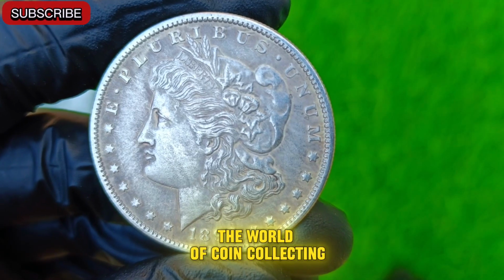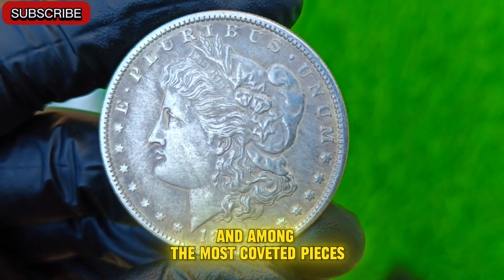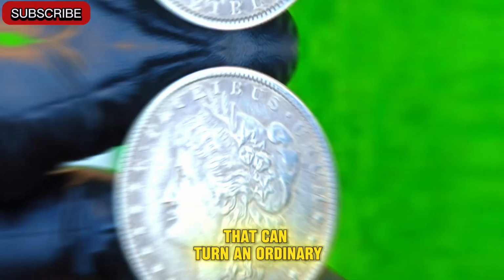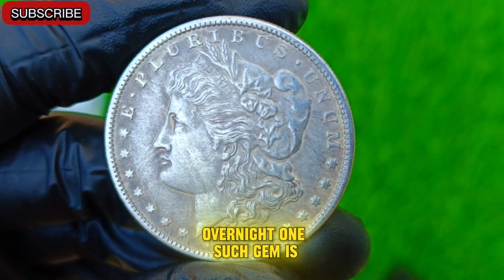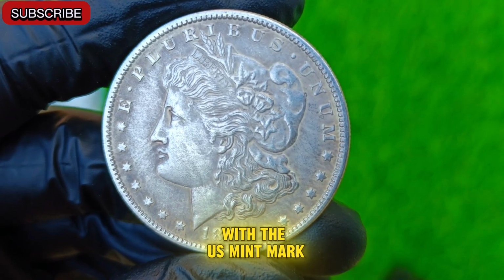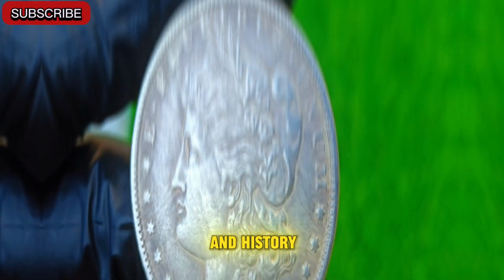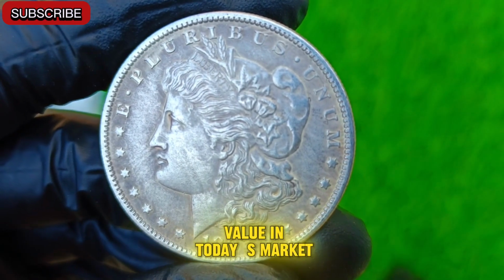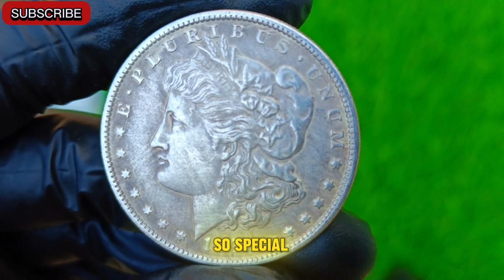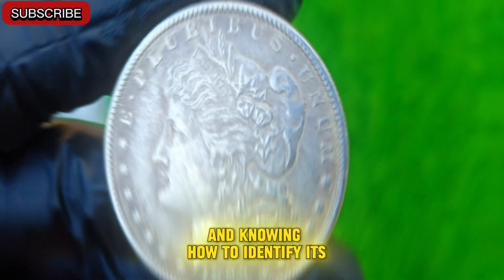The world of coin collecting is filled with remarkable treasures, and among the most coveted pieces are rare and valuable U.S. coins that can turn an ordinary collector into a millionaire overnight. One such gem is the 1892 Morgan dollar with the US Mint mark, a coin that stands out not only for its age and history, but also for its extraordinary value in today's market. Understanding what makes this coin so special is key to appreciating its significance and knowing how to identify its true